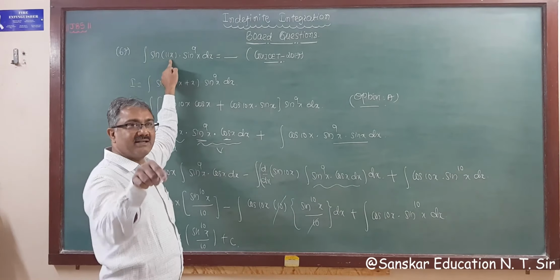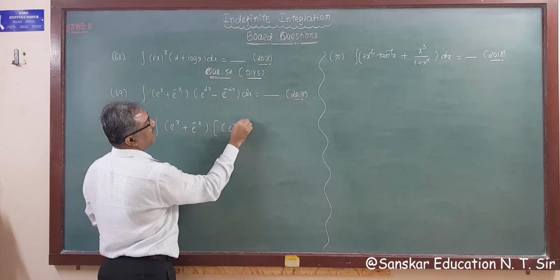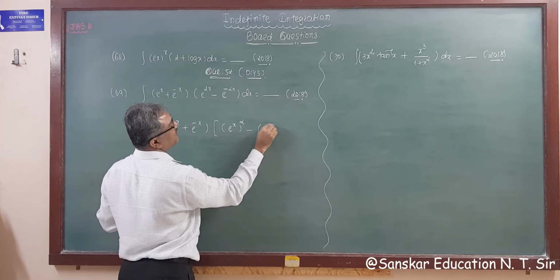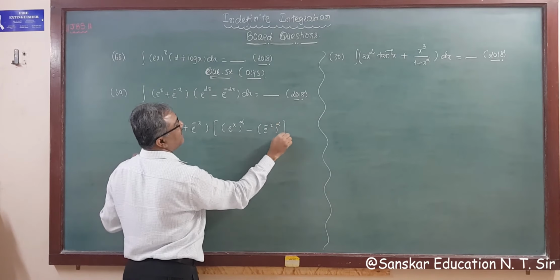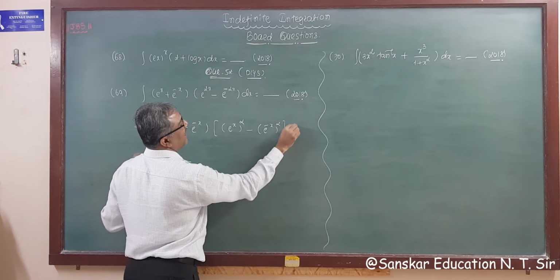Now this is also a nice question, right? You do not know what to do, okay? So see what to do. I is equal to the integral, I am writing only one step, because otherwise you will all say that you already knew. Here, the integral of e raised to x square minus e raised to minus x, whole square, dx. So the factor of this is a square minus b square. So the answer will be the integral of e raised to x plus e raised to minus x.